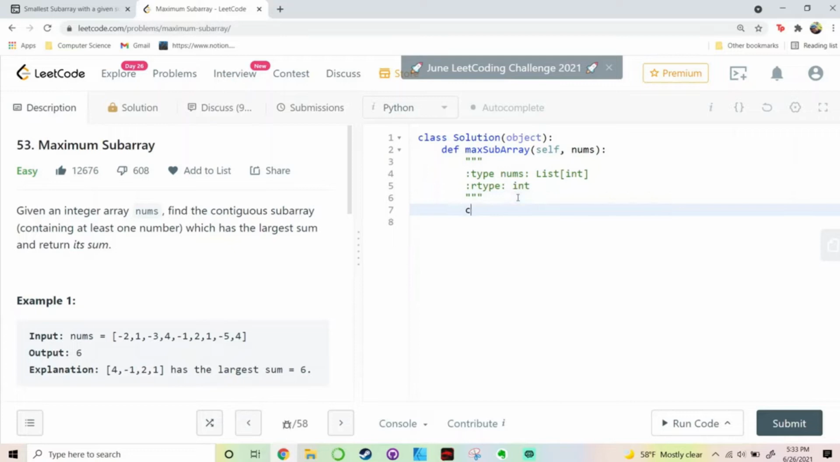Okay, so we're going to have a variable here called current sum. This is going to be tracking the running sum. I'm going to make that equal to 0. We're going to have the best sum. I'm going to also make that equal to 0. Okay, we're going to loop through the numbers for I in range